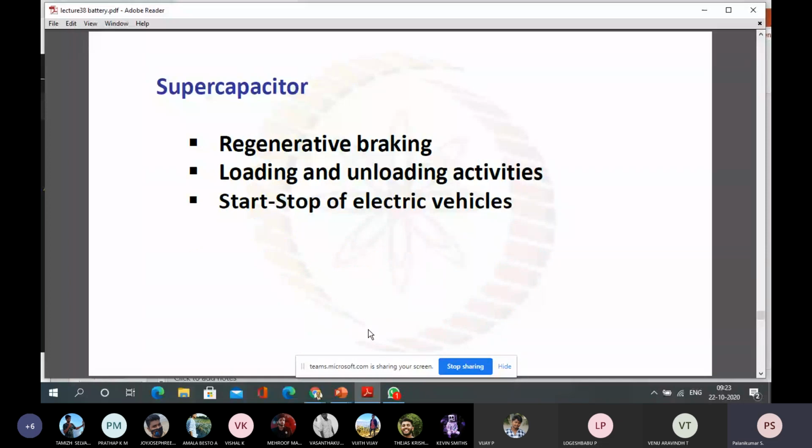And mainly, during regenerative braking, as I already told, it happens for a fraction of a second only. Because suddenly I want to decelerate, that means I press the brake immediately. Immediately, the energy drawn from the battery will be stopped. Okay, so my converter will be acting as an inverter. Then automatically, due to the moment of inertia of the vehicle, my motor, which was producing the power, will be acting as a generator. So it is automatically reversible. But all of this happens for a fraction of a second only.